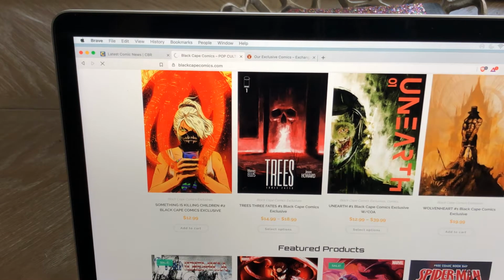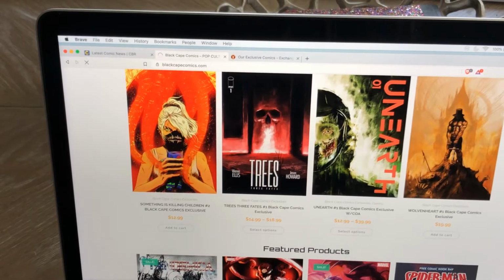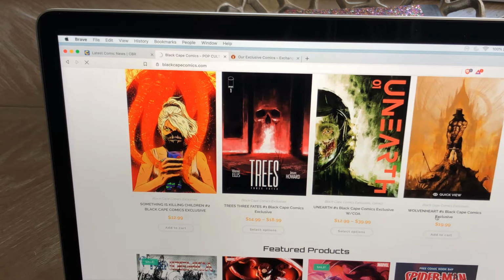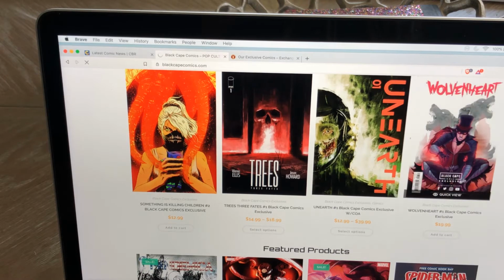The other one I like here is Wolvenheart. Let me pull this up. This one, I believe, is limited and comes with a COA. Yeah, I don't know if it's my internet or...